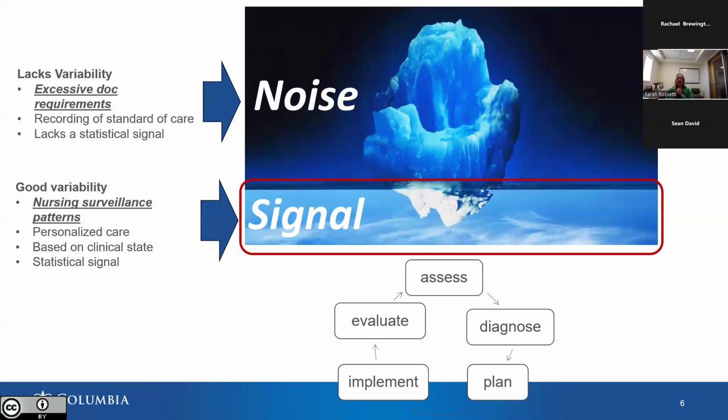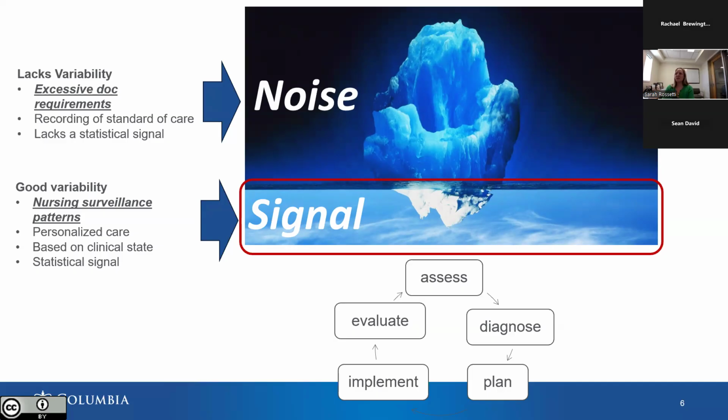So I like to think of the electronic health record data as a flipped iceberg. I know we certainly have some clinicians on the call. I used to be a practicing ICU nurse, and my research now also focuses on documentation burden. We know that there's a lot of excessive documentation burden. That's problems with our data entry, certainly, but what that also results in is information overload within the chart. So going in and looking at the chart to find information, there is a lot of noise. Naturally, data scientists see this noise as well.